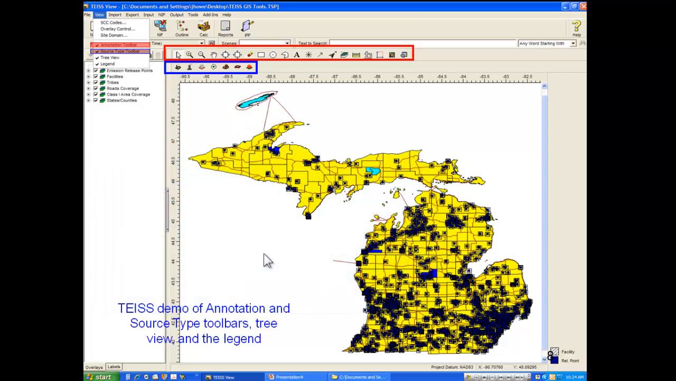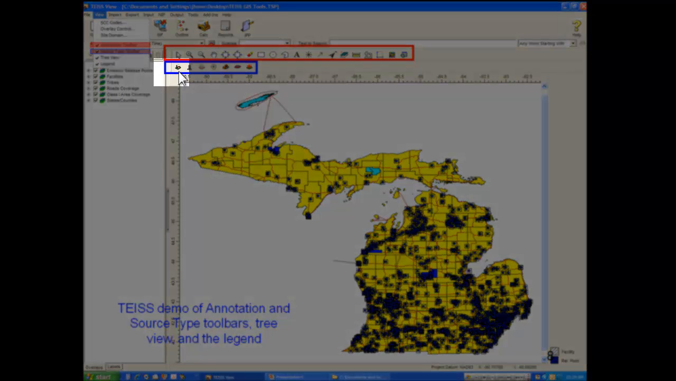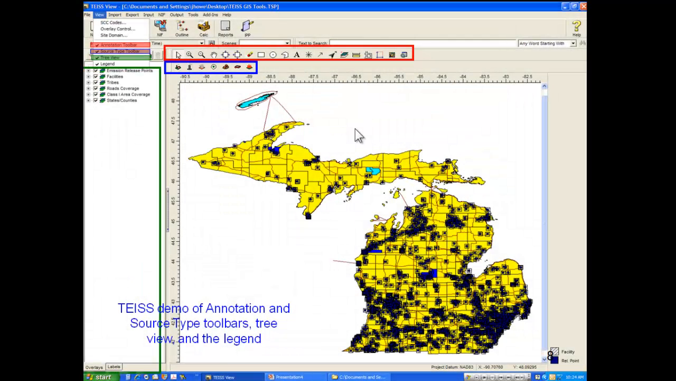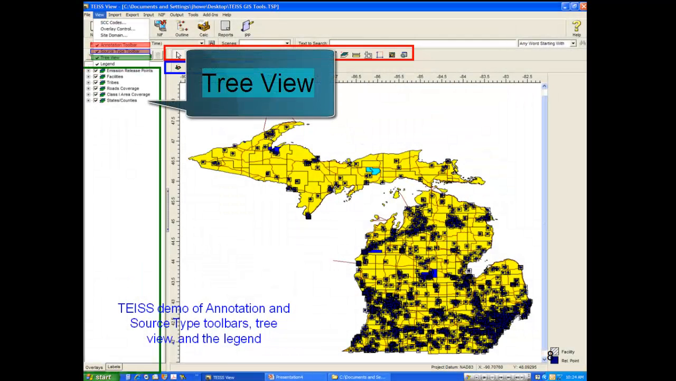So if you wanted to add a facility, you could use that option if you clicked on that little facility button, and that would add the facility to your map, and then you would also be able to enter the emissions for that facility. The next toolbar is the tree view, and this is where you see the layers of